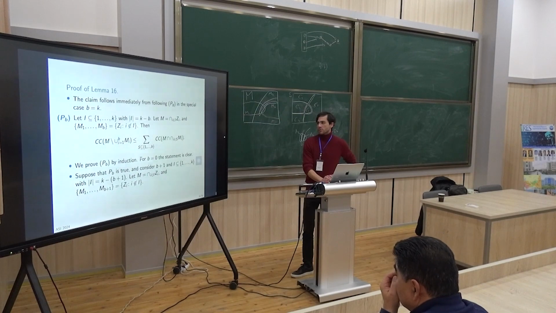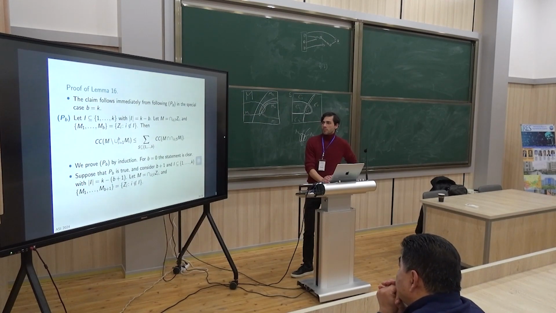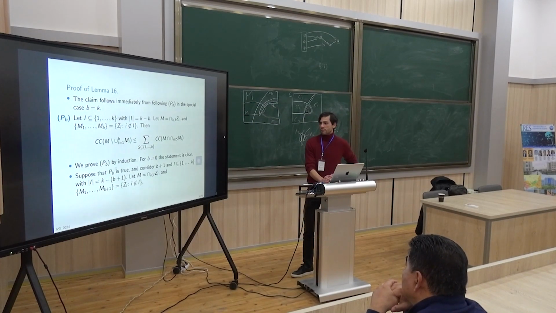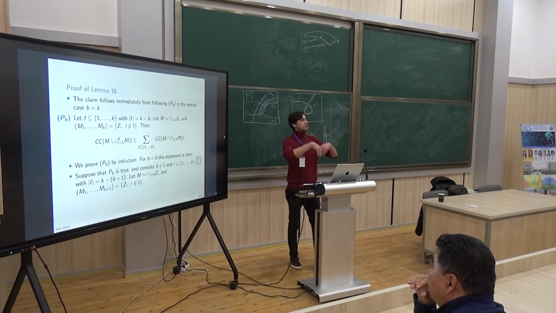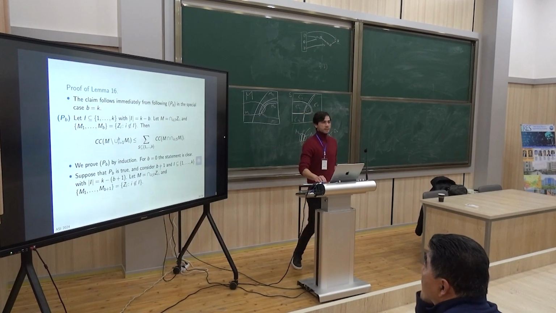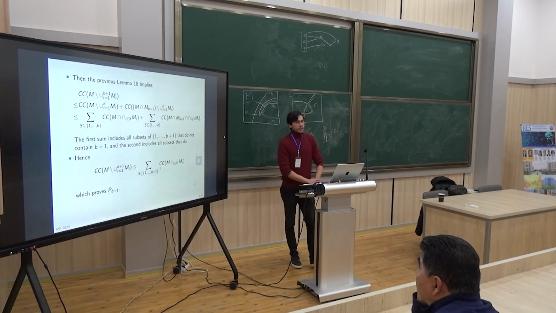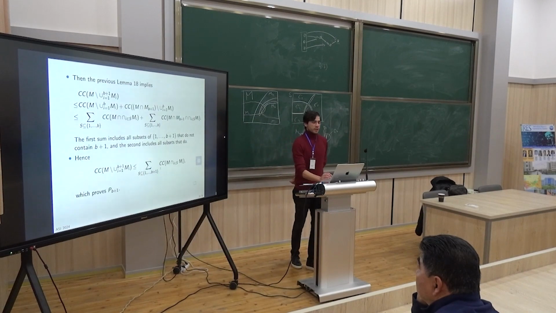this statement certainly holds when B is equal to 0, because if B is equal to 0, we get connected components of M is upper bounded by connected components of M empty intersection over here, because B is 0, so that's just M, so of course that's true. And now if the statement for the value of D is true, and we want to do the induction step, we want to take one more element, see what happens. We actually use here the previous lemma that was giving us